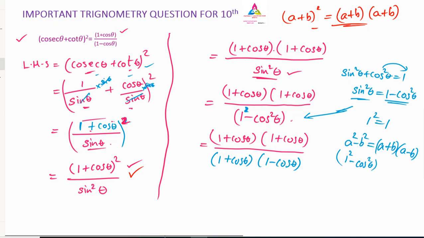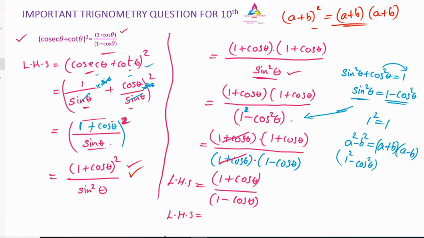So next, coming to the last thing, see here, 1 plus cos theta, 1 plus cos theta we can cancel, because in between we have multiplication. What is left is 1 plus cos theta divided by, in brackets also you can put, 1 minus cos theta below. Remember, this is nothing but our left hand side, and left hand side is equal to the right hand side. On the right hand side you see 1 plus cos theta, here also 1 plus cos theta, and here 1 minus cos theta, down also we have 1 minus cos theta. Left hand side is equal to right hand side, that we have proved very easily.